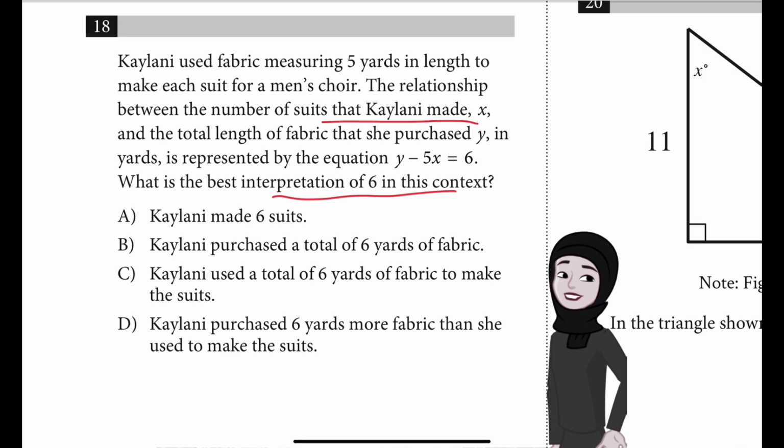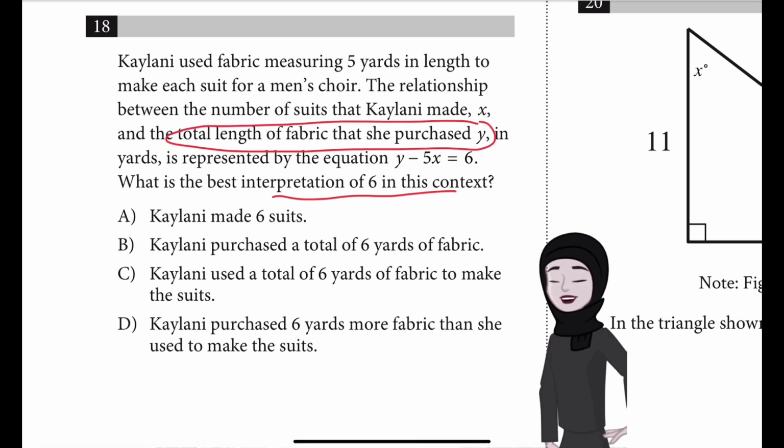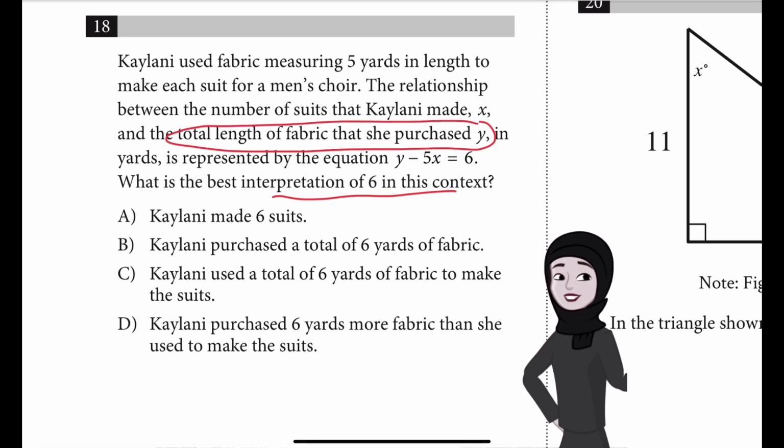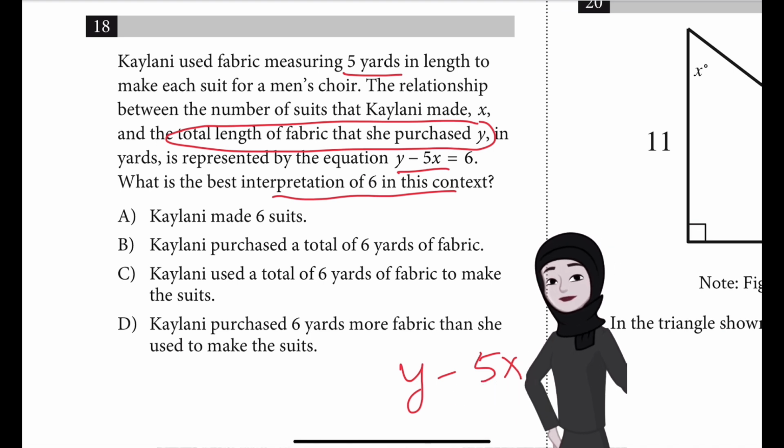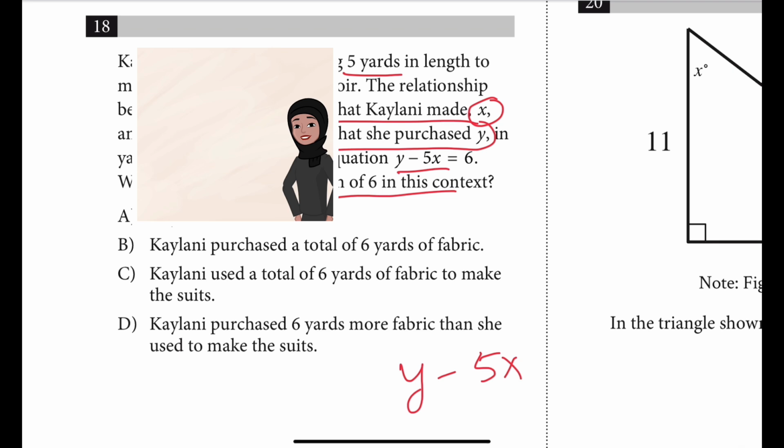So we can see that the total length of the fabric she has purchased is y, and from y we are subtracting 5x. Each suit needed 5 yards to make, and the number of suits she made is x. So that means if you subtract and then you are getting 6, it would also mean that 6 yards are left. She has bought this much and she made the suits using this 5 times x, and so 6 yards